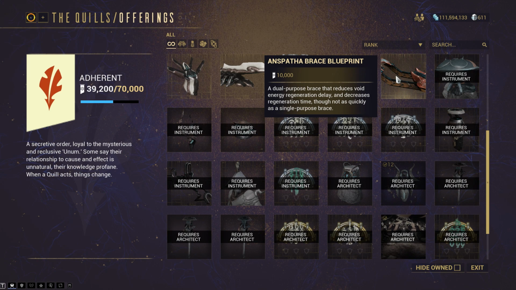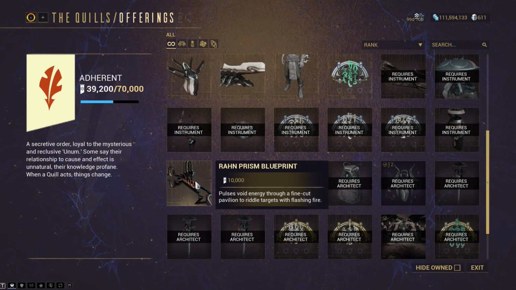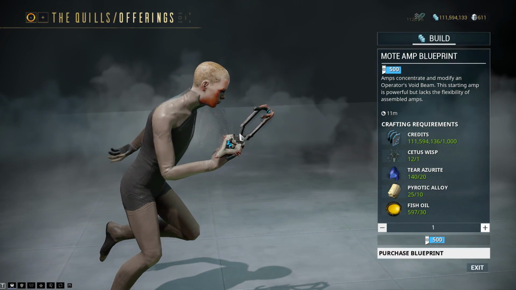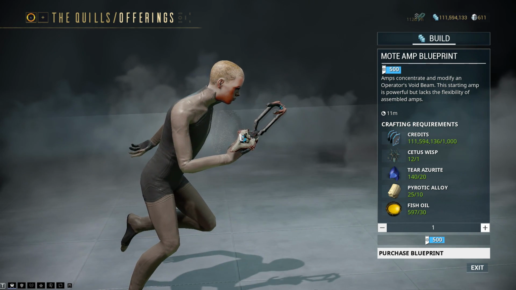I wish they would just make these things tradable. Just the blueprints, not the build parts. That would make this so much easier, and I would have to spend less time trying to farm this because, well, Eidolons. But speaking of amps, while we're here, the Moat amp has had a damage increase slightly as part